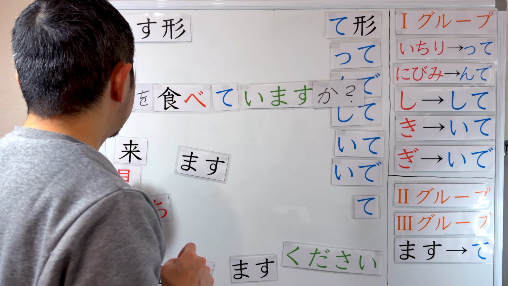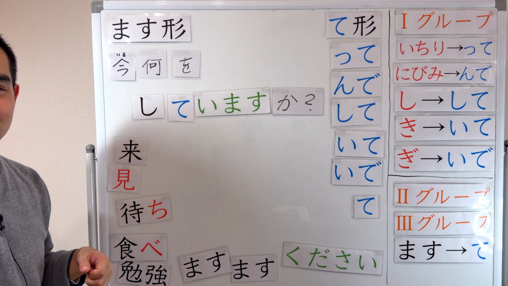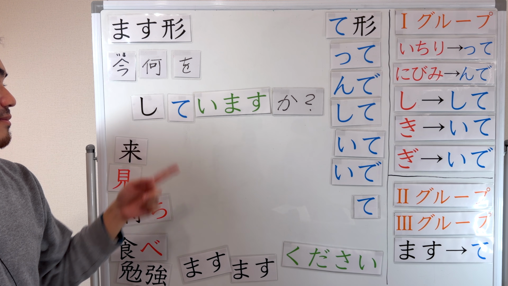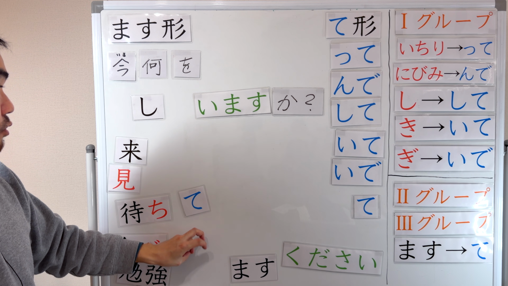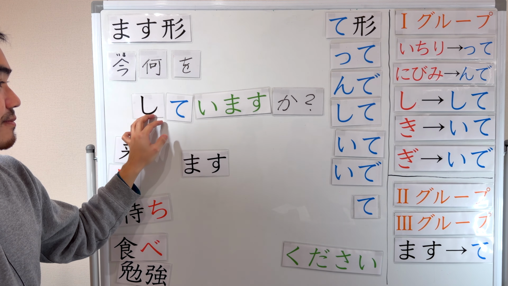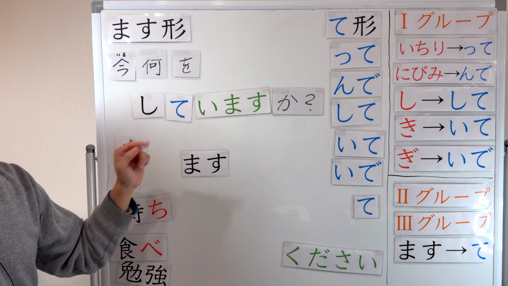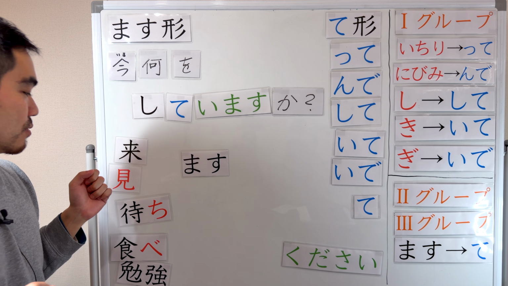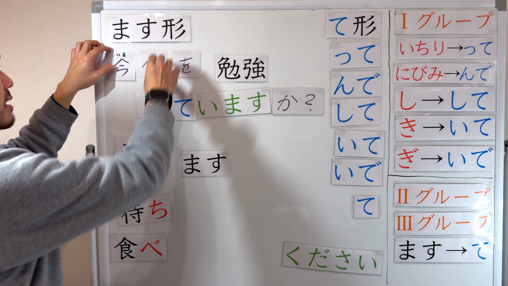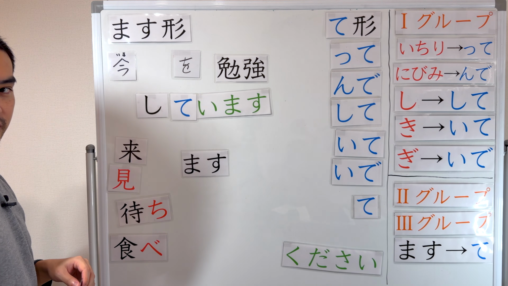今。Okay? Well, I'm gonna ask you, 今何をしていますか？あなたは今何をしていますか？して。The original form is します, right? します is to do. So 今何をしていますか？What are you doing right now? So you are doing 勉強, alright? 今日本語を勉強しています。